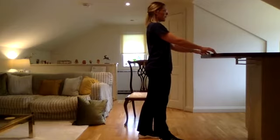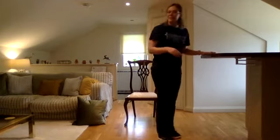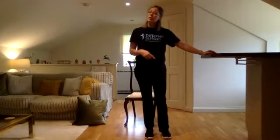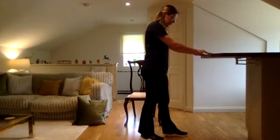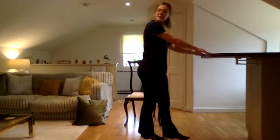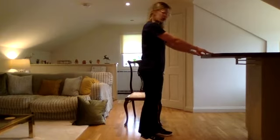Okay, so we're going to do about another 15 seconds on this side. Really good, guys. Really think about trying to draw that tummy and stay nice and tall. And then rest there. Lovely. Okay, we're going to go on to the other leg. So again, taking that step forward. Okay, so find a level that's better for you, either straight in front, step forward, or a small step forward,